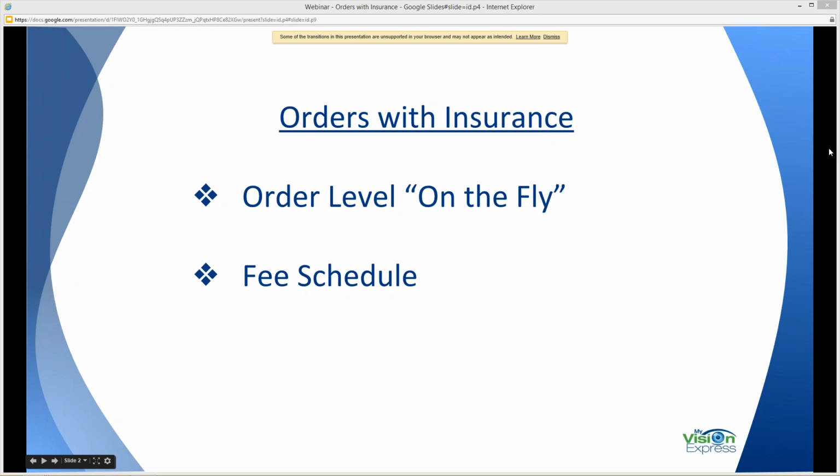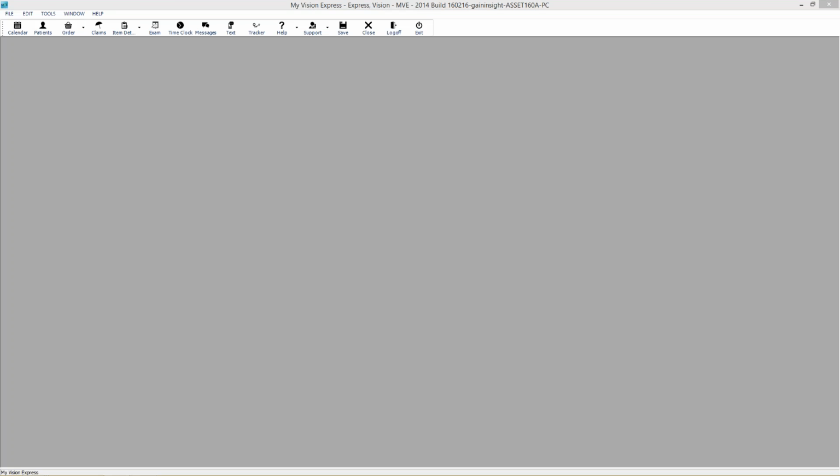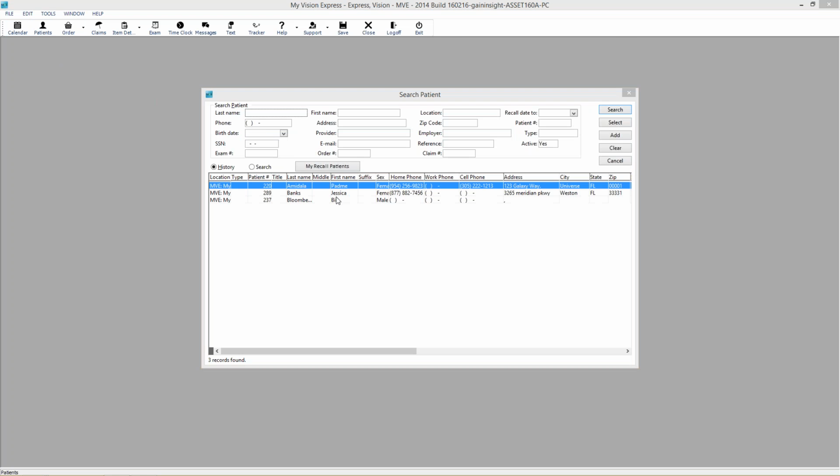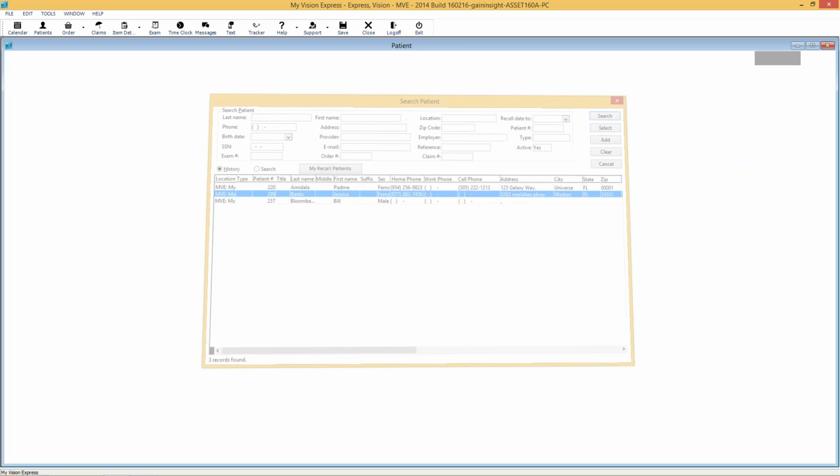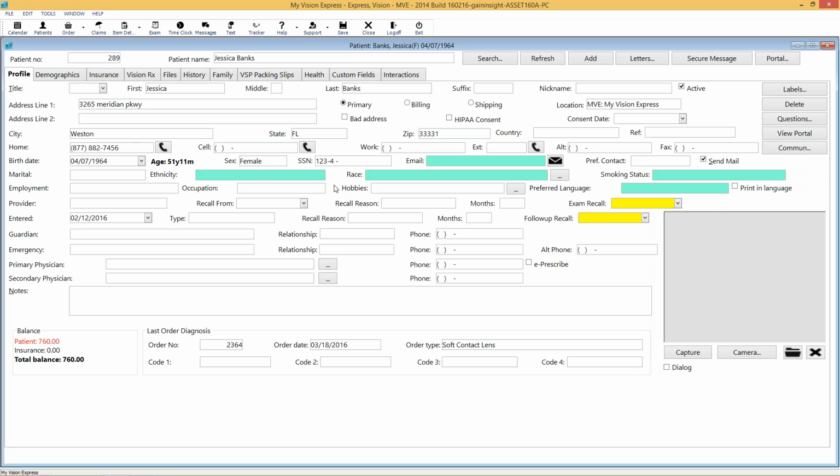So I'm just going to switch my screen one moment over to the database. That way you can take a look. So we're going to start off with how to apply the insurance benefits to an order at the order level, or what we call on the fly. So I'm going to go into my patient's profile first, and I want to go over some very important details